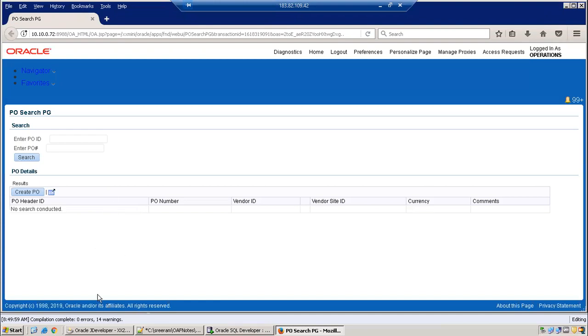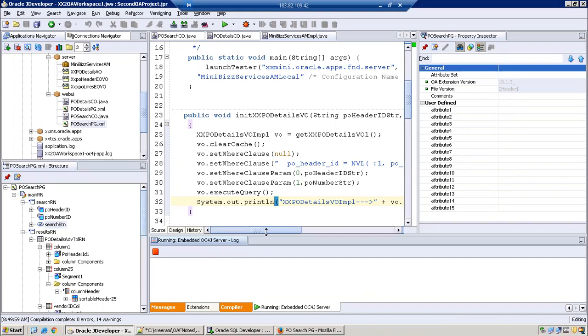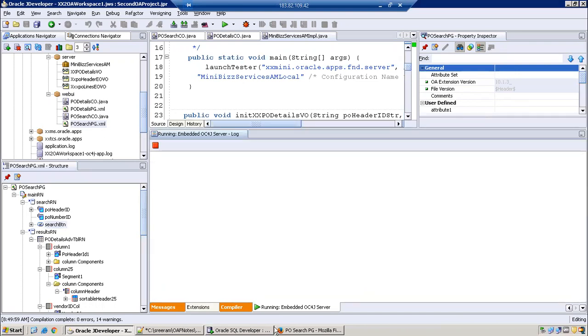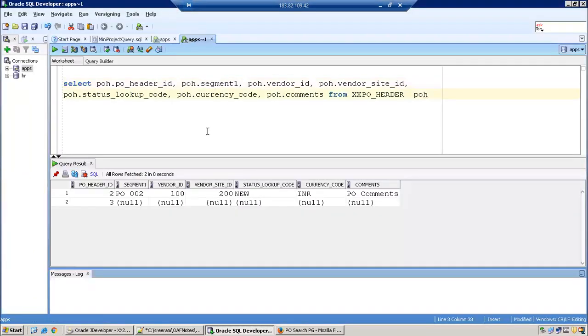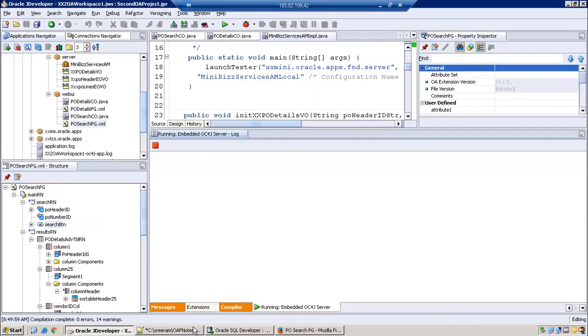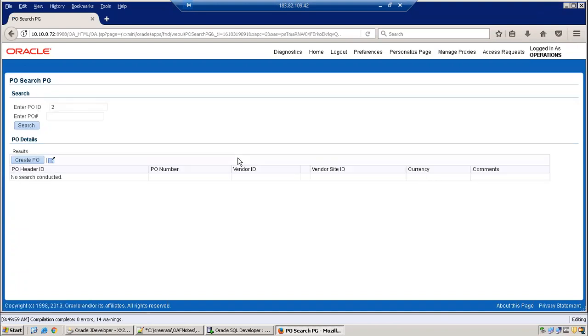Okay. So nothing got executed because we have removed the initialization logic. Now, before executing, just check the logs one by one. Let me enter PO header ID 2, PO ID 2. I'll just click on search.